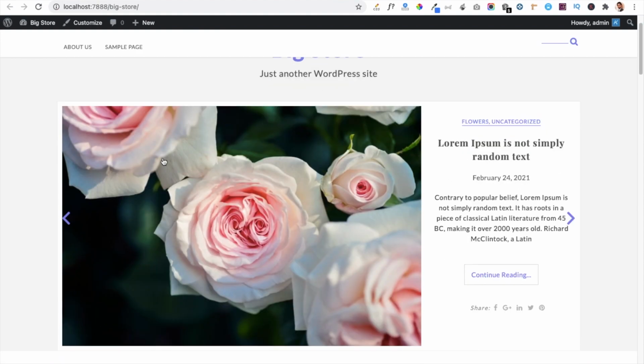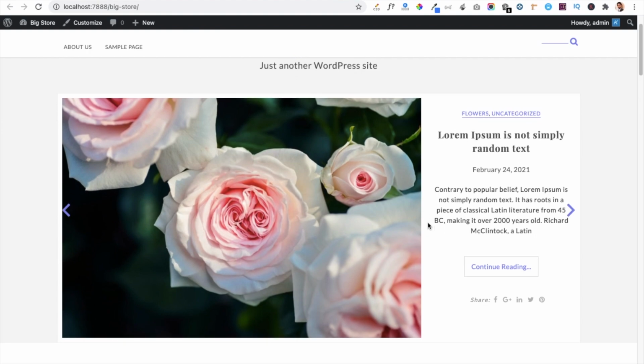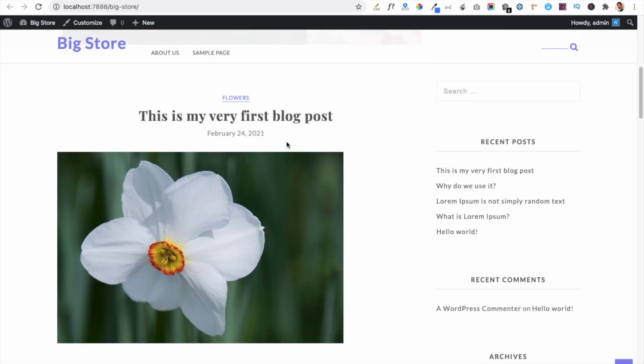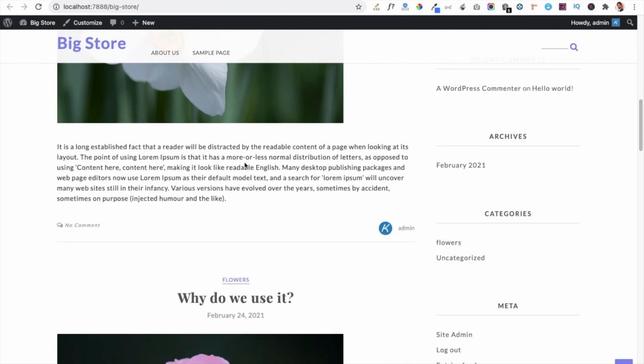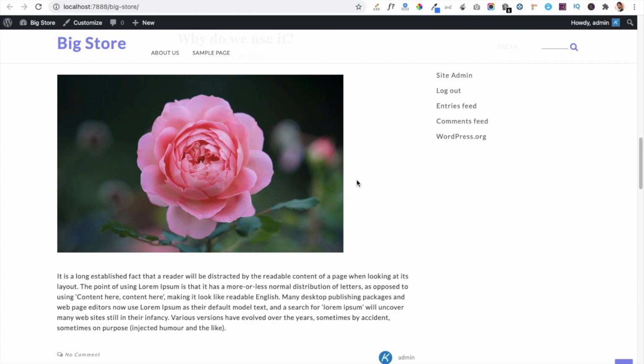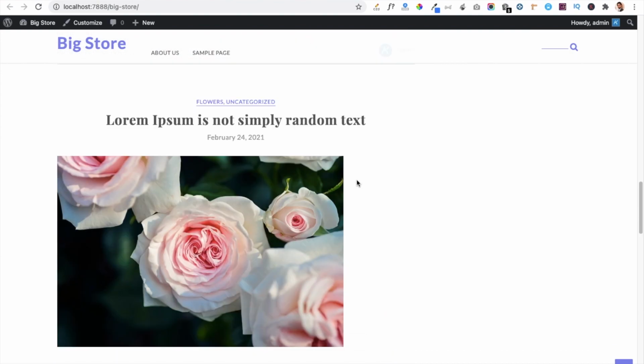Below that you can see a slider where you can show your blog posts. This is the category and this is the title of the post, and below you can see the published date and some excerpt content of your post. When we scroll down, we can see the posts showing in a standard format, which means you can see your posts one by one below on the page.